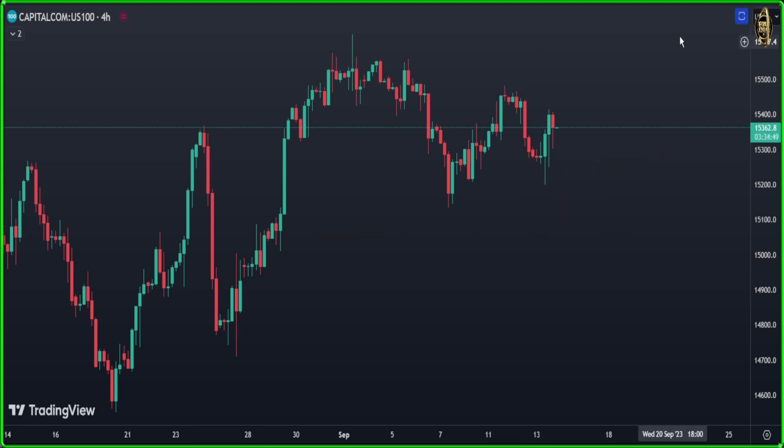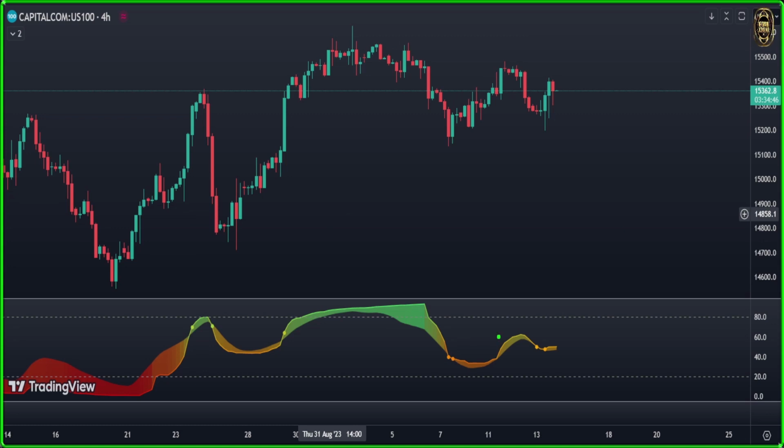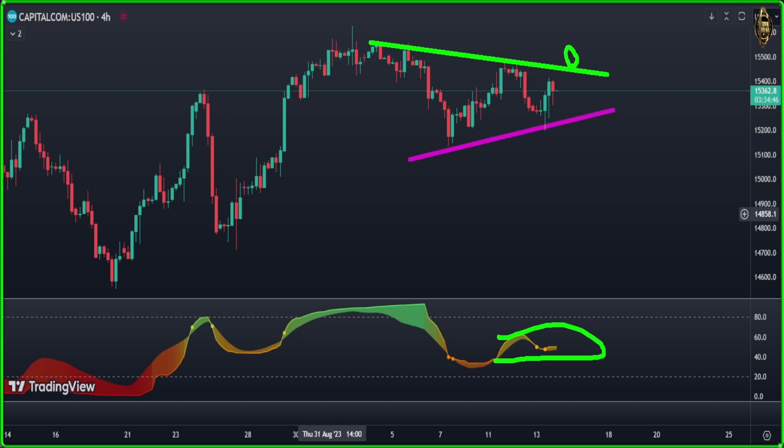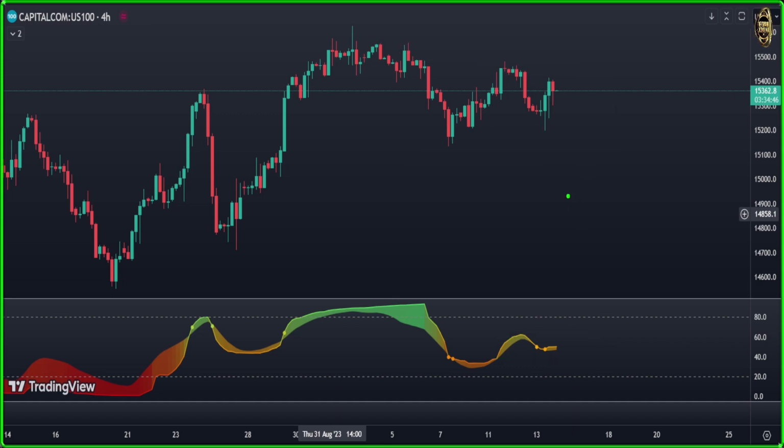Let's see what our indicator is saying. Our indicator, as you see it, is here in the middle. That means there is no buying, no selling. Unless it's breaking here that triangle or that trend line here at the top, you can enter long. Down here, it needs to break down for you to enter short. If it doesn't, there is no entry. So you need to wait a little bit till you get a clear picture.